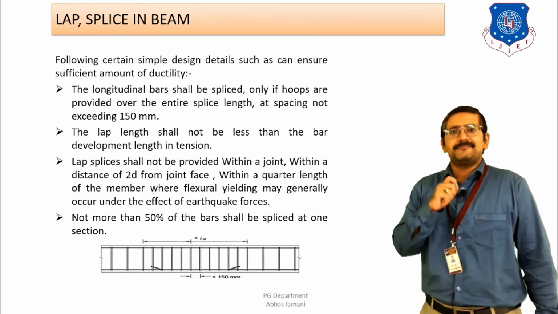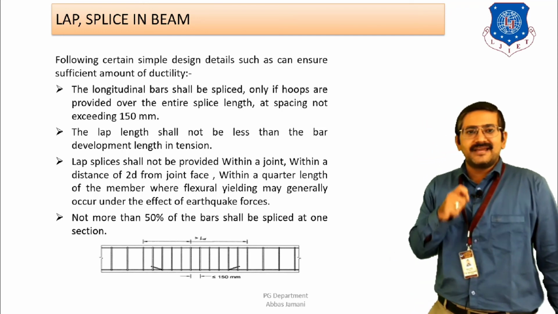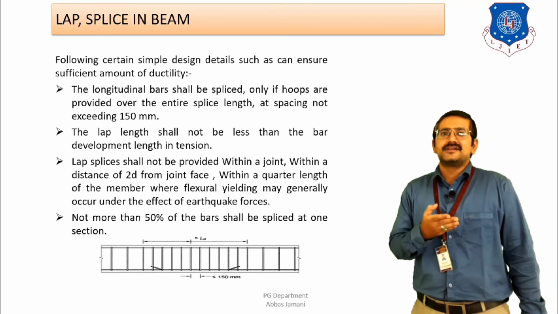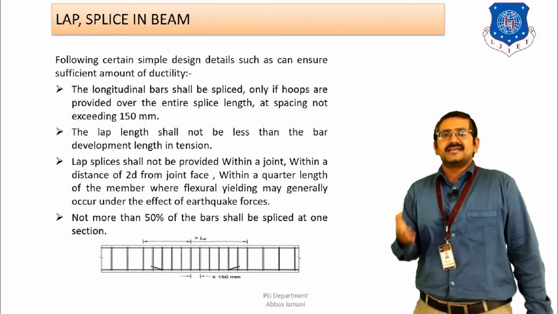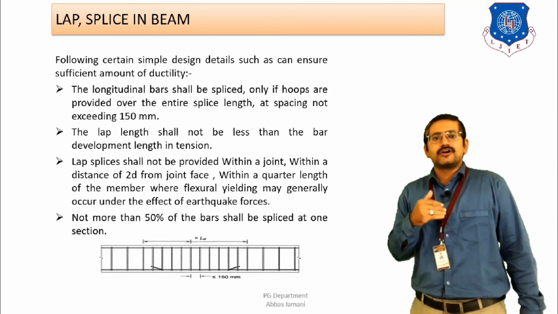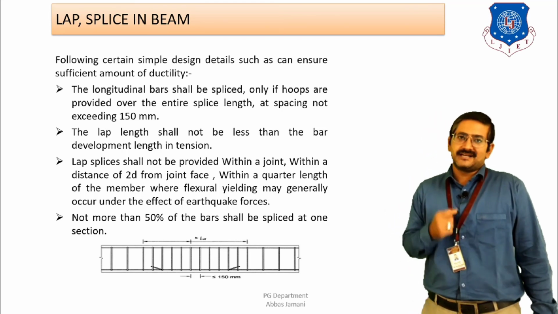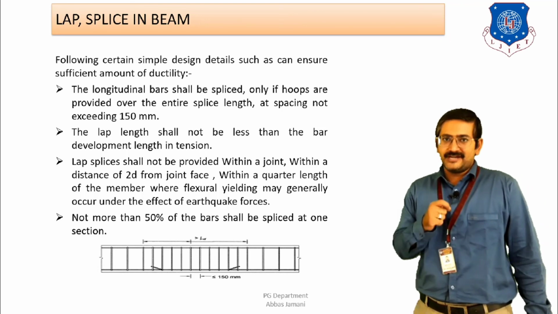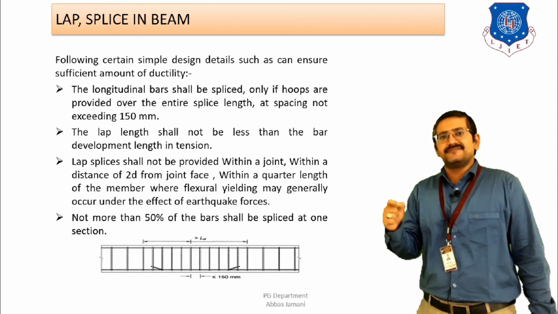Second, regarding the lapping of horizontal bars, guidelines are given that the lap length should not be less than the development length. That is the example that I gave you: as per IS 456, if the calculation based on the grade of concrete and grade of steel is such that the value is coming as 50 times diameter, then a minimum of 50 times diameter development length has to be provided. And for the location of the lap and the location of the splices, certain guidelines are also given. The code is saying that the lap should not be provided within a joint, or at a distance 2D from the joint, or at the same time D by 4 distance from the face of the column, right?